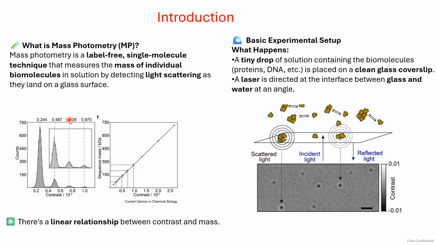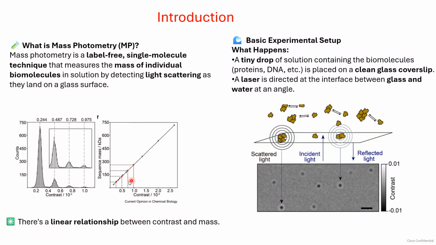So this histogram can capture many binding events, and it will measure the contrast of each, that is the brightness of the spot. By plotting them on the histogram, we get the distribution of molecular masses in the solution. For example, how the monomer, dimer, and trimer will show up at distinct points. Here you can see the amount of a particular biomolecule is higher, and different types of oligomers are forming.